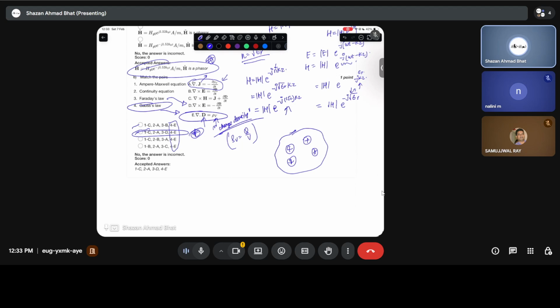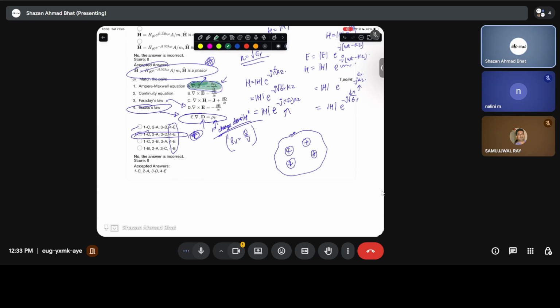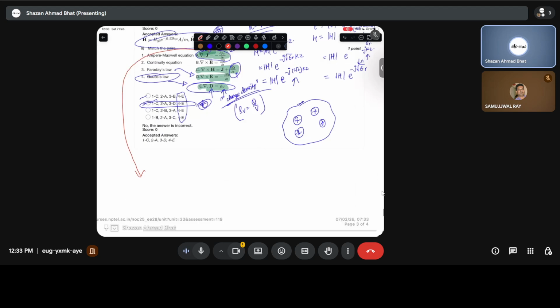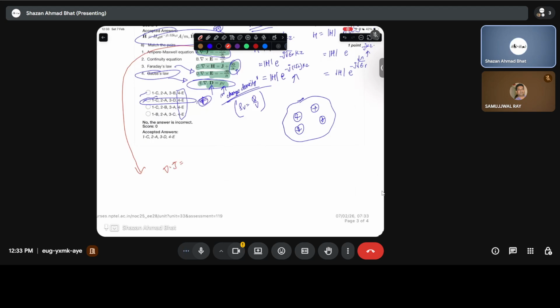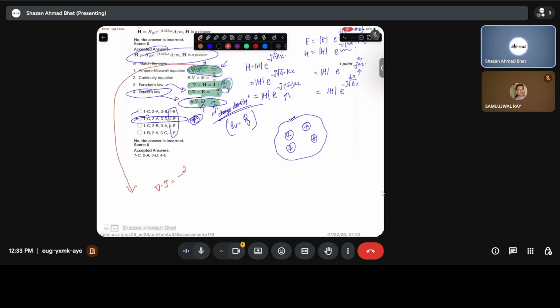I guess the professor has discussed this, I don't need to go into the details again. So this is basically the continuity equation, and this is Faraday's law, Gauss's law, and Ampere-Maxwell equation, which is basically the displacement part which Maxwell introduced. And this continuity equation comes in diverse fields as well. It's not only limited to the electromagnetic fields,